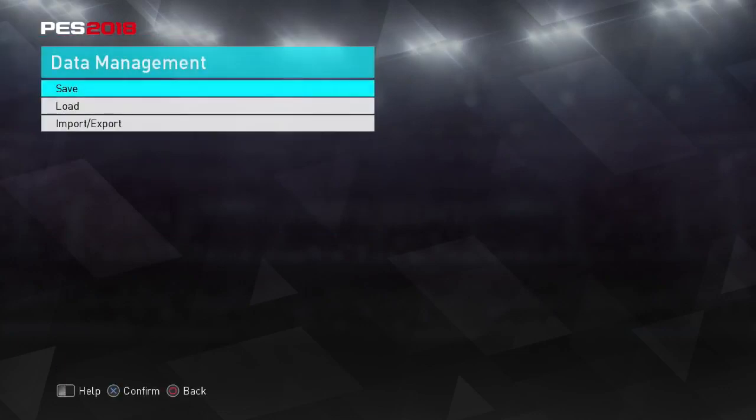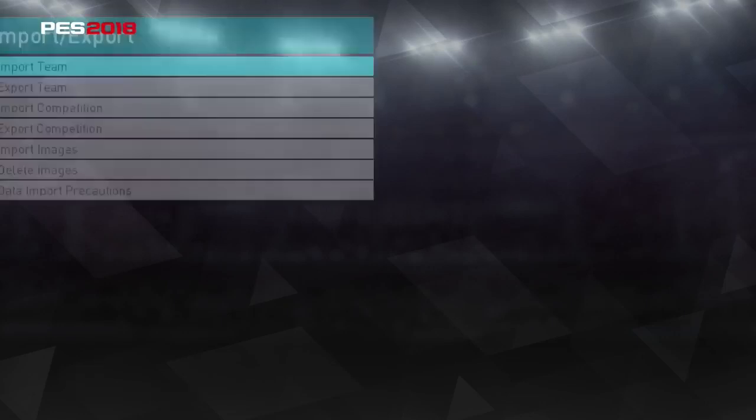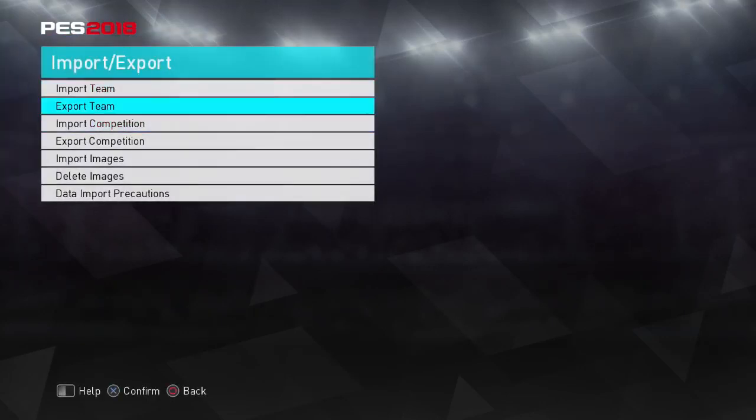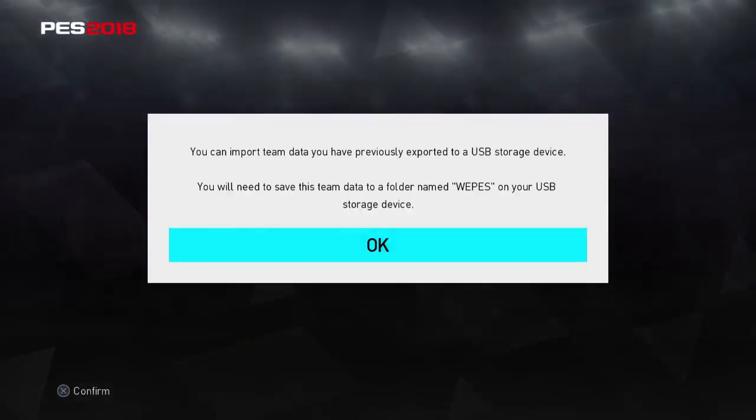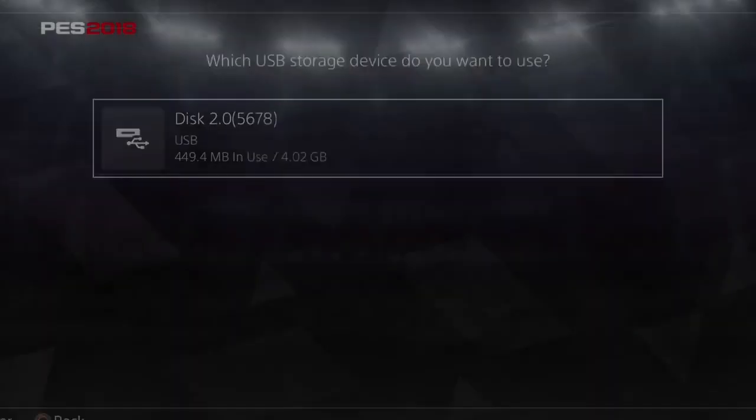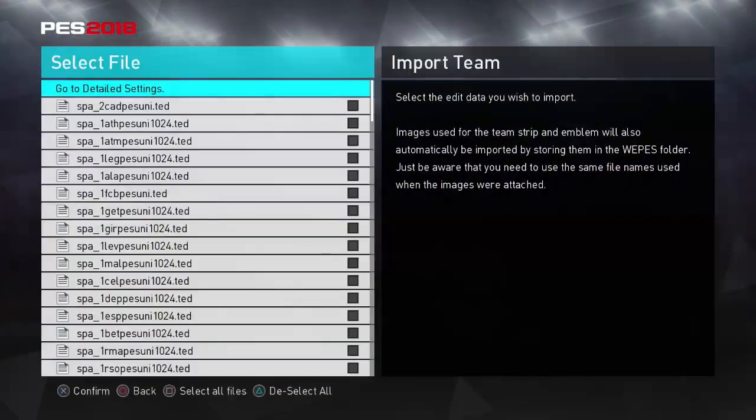So again, we're going to go back into data management. You won't need to go back and check that. It'll go in, no problem. I'm just showing you for the purposes of this video to show exactly what it's doing. And we're going to go to import team. We're going to press OK. I'm going to press OK on that. And we're going to press square on that. And there you can see we have